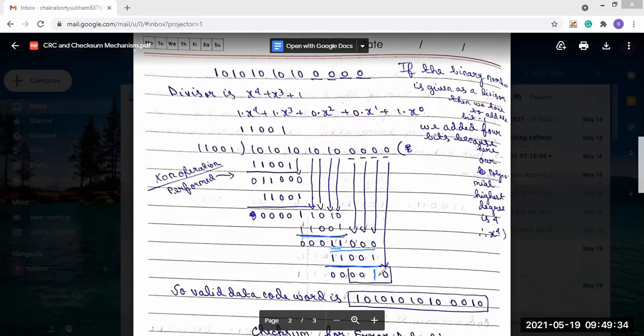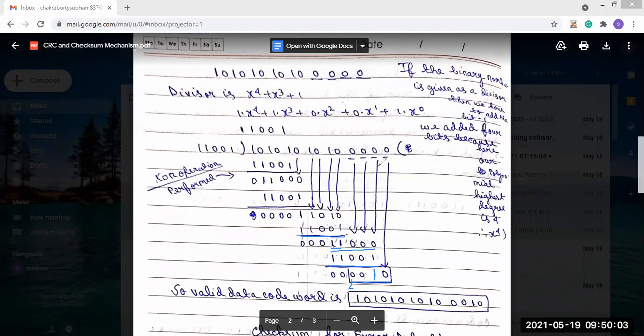Here you can see we get total 6 bits, but we have to choose 4 bits. The 4 bits will be chosen from this portion, from LSB. From LSB, we will choose the 4 bits. So in case 0 0 0 0, it will be replaced by 0 0 1 0.